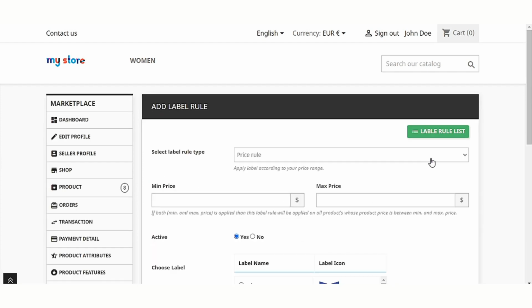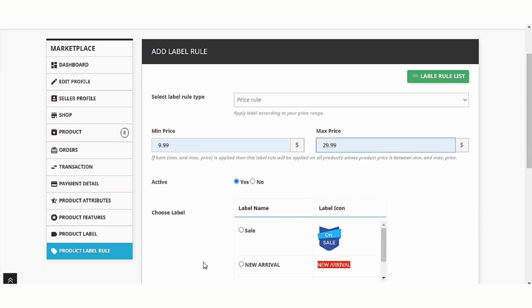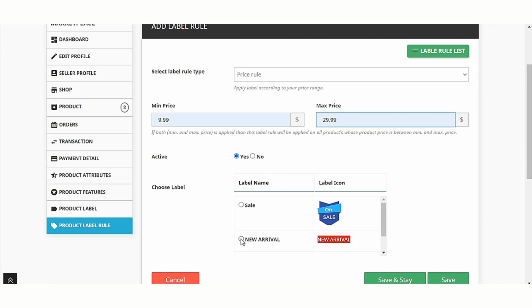Now let's create label rule for price range. A seller can specify the price range and the label selected here will display on the products that fall in the defined price range.